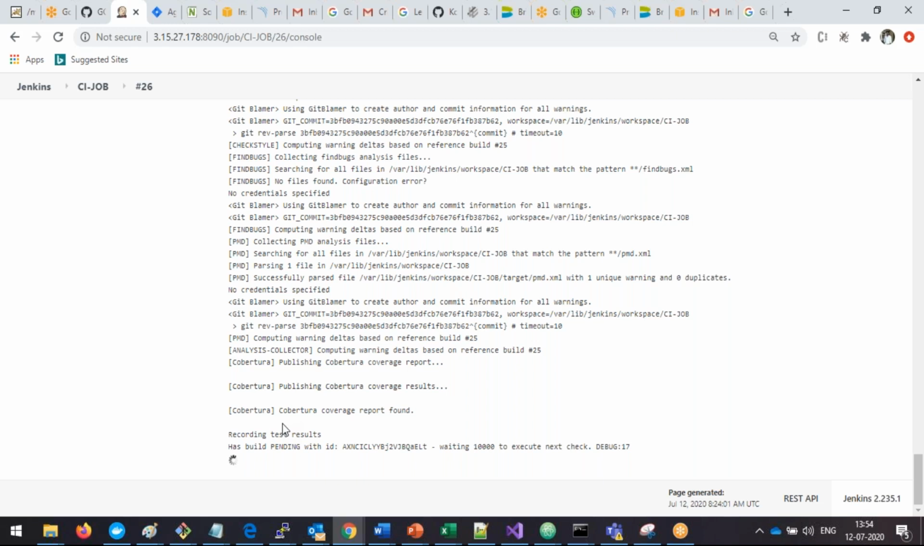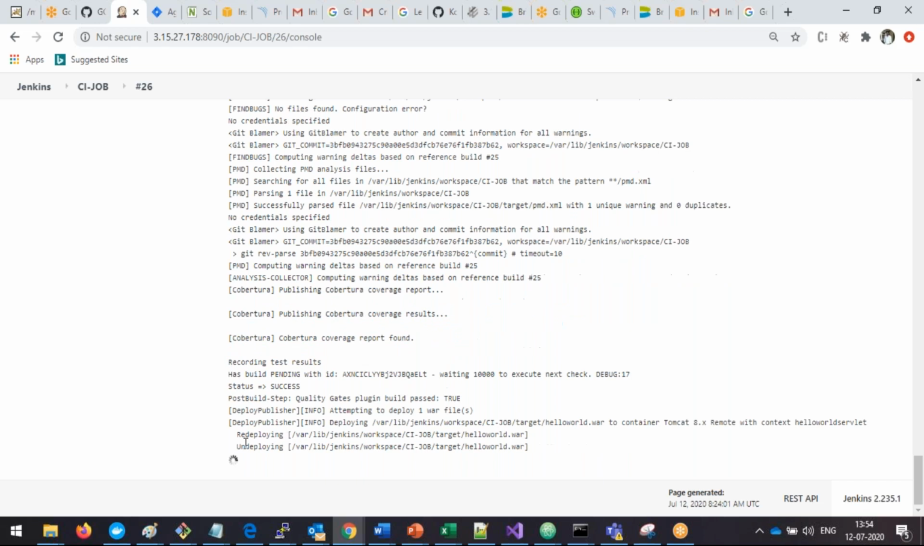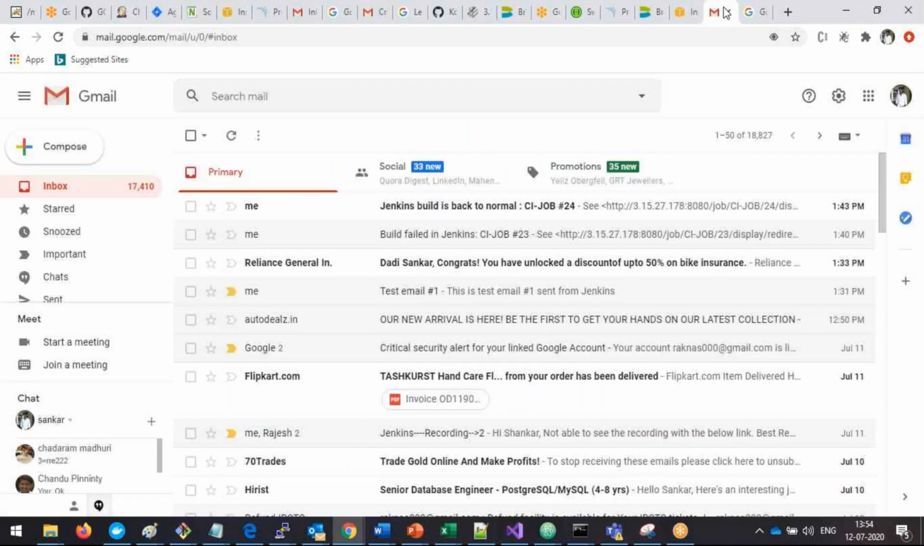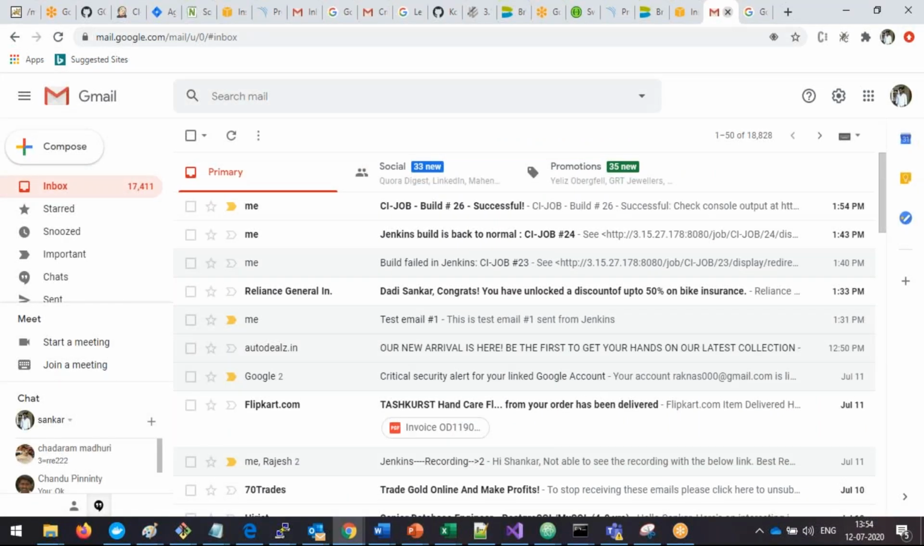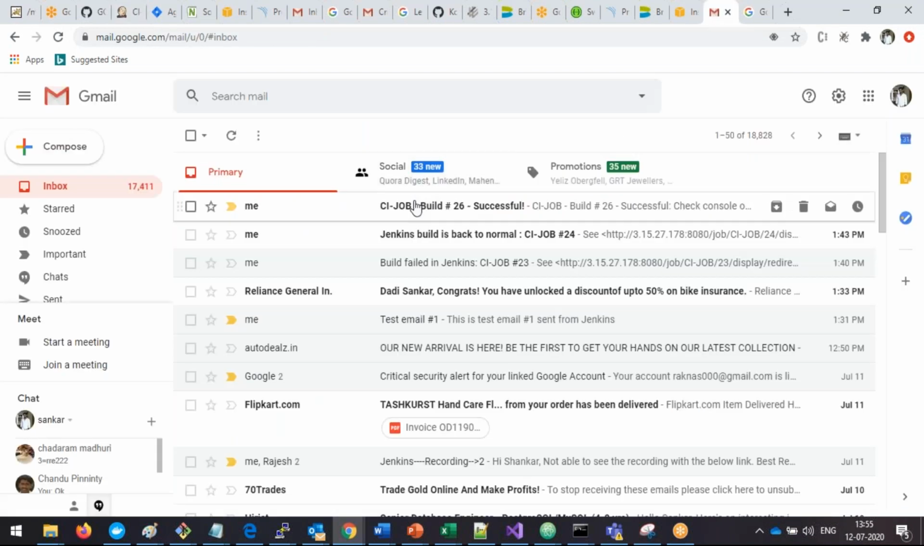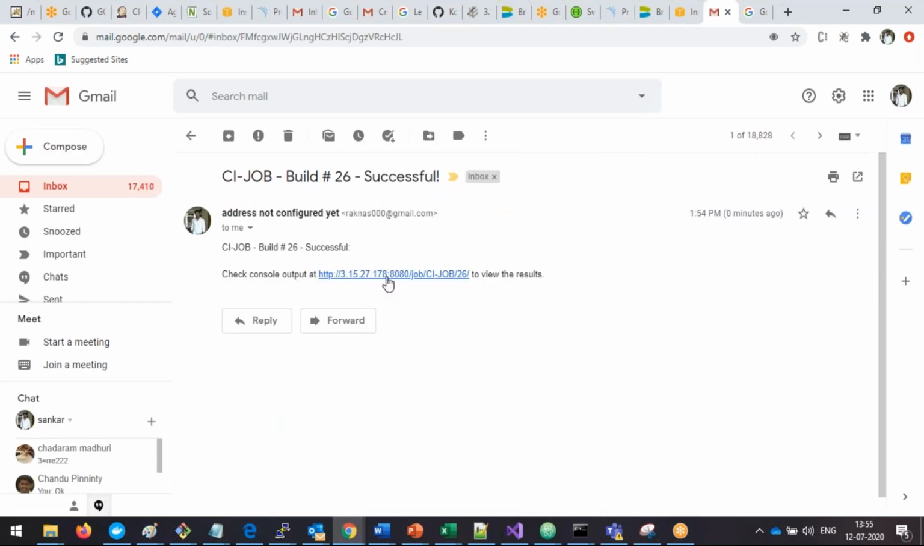Let's see here, success. I got an email. Build 26 is successful. CA job build 26 is successful. Open it, you can see the console output, and click on the console, right? It is going to route the data. If I want to see the logs, click on here so that it will be routed to your Jenkins job